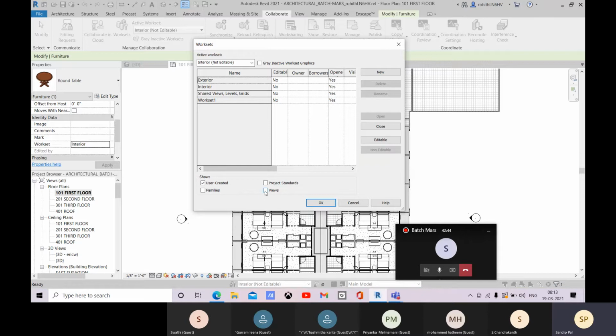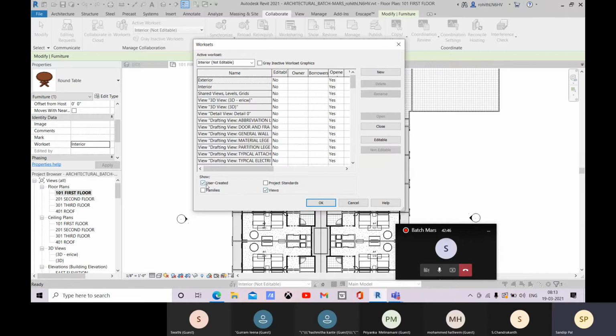Same like that, as per the views, there are some worksets there, like this drafting view, this 3D view. This is controlled by Revit.